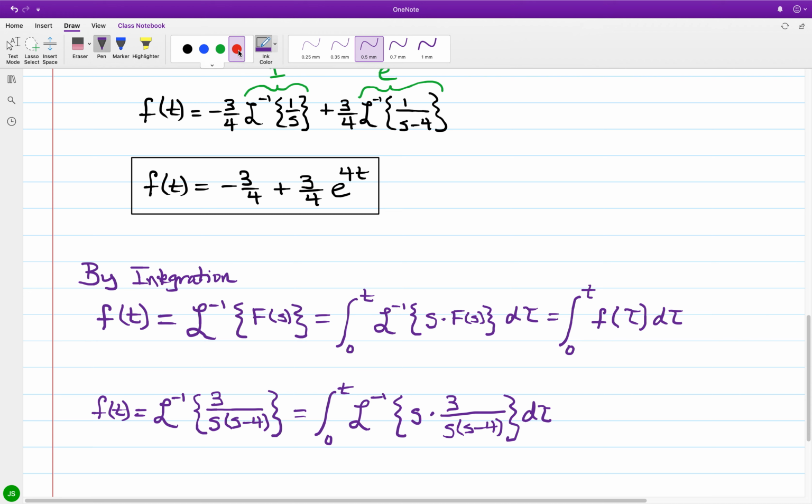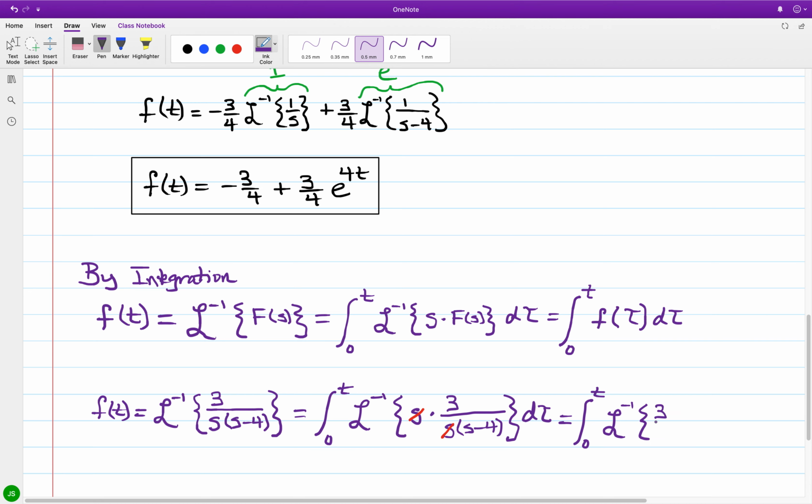If you notice, the s's will cancel. And so this is equal to the integral as tau goes from 0 to t, and we're now looking for the inverse Laplace transform